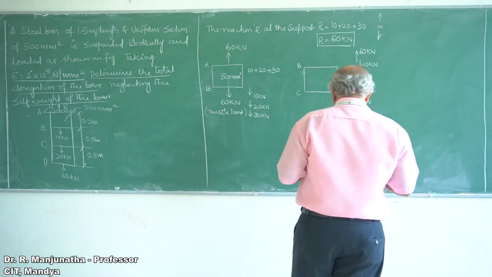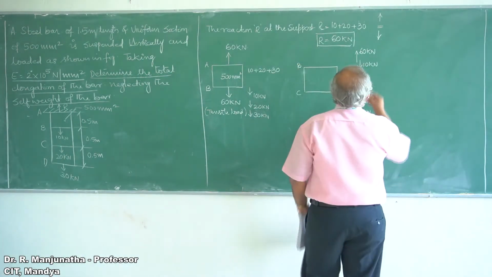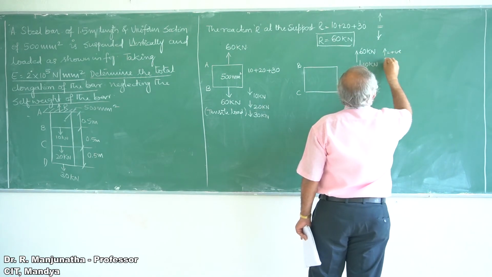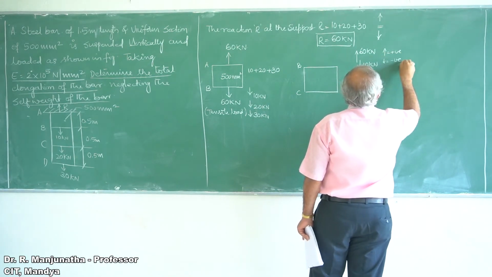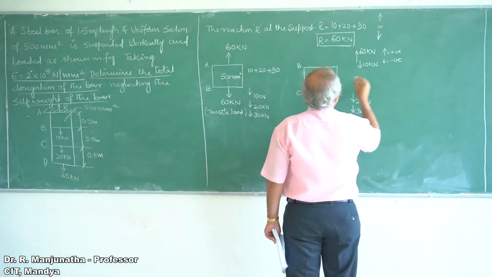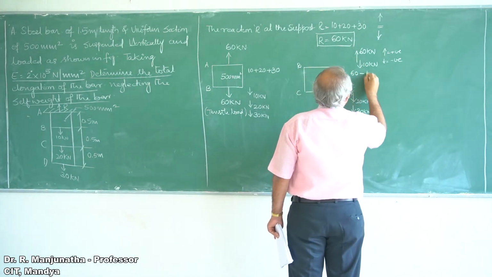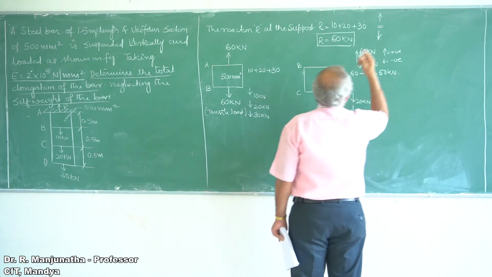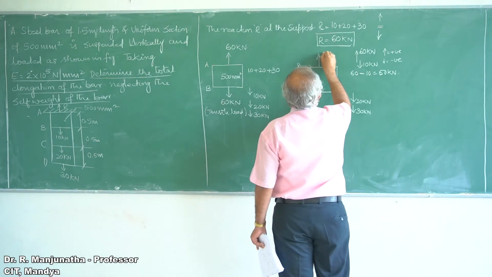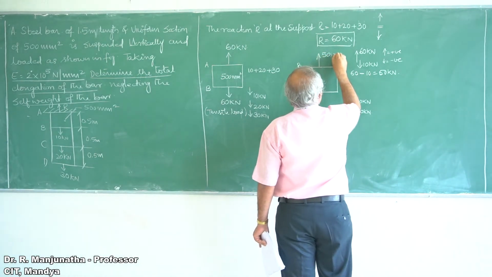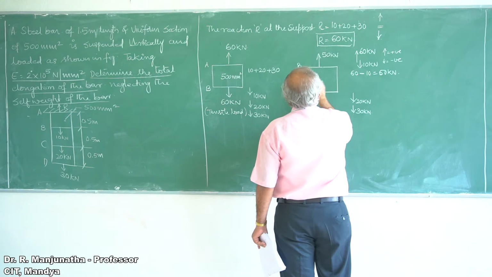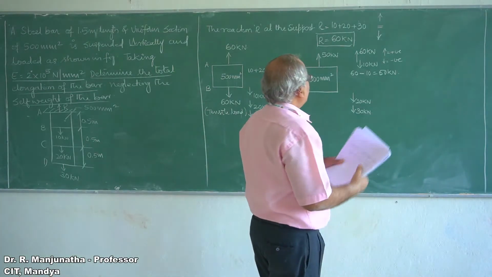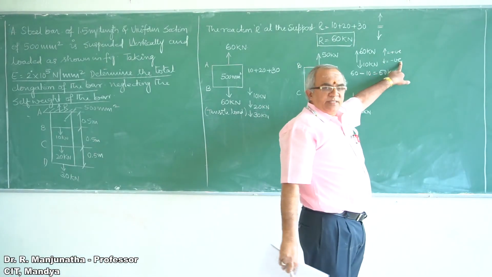So here, suppose we consider the force acting upwards as positive and the force acting downwards as negative. In this case, we get 60 minus 10, which is 50 kilonewton, acting upwards. So that is the positive value. So it is 50 kilonewton. Again we have this area of cross section as 500 mm square. Similarly, the sign convention we are following is that here it is negative.